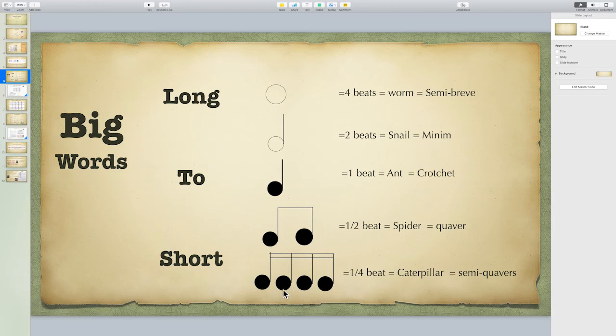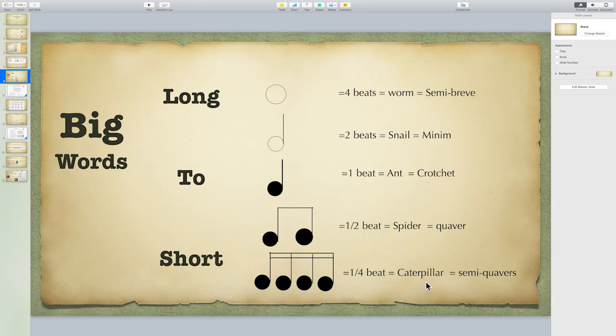Caterpillar, caterpillar, caterpillar, caterpillar, spider, spider, spider, spider, ant, ant, ant, ant, snail, snail, snail, snail, worm, worm, ant, ant, ant, ant, snail, snail, snail, snail, caterpillar, caterpillar. Brilliant. So have a little think of those and see if you can learn the words worm, snail, ant, spider,